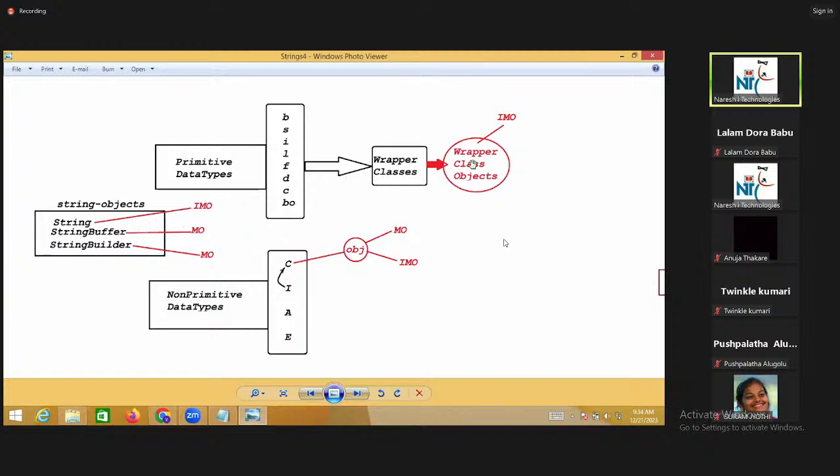Primitive data types must also be available in the form of objects. Whenever you want to make primitives available in the form of objects, we take the support of some predefined classes from the lang package. We call them wrapper classes. Using these wrapper classes, we can make primitives available in the form of objects.